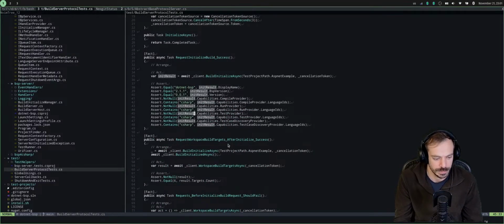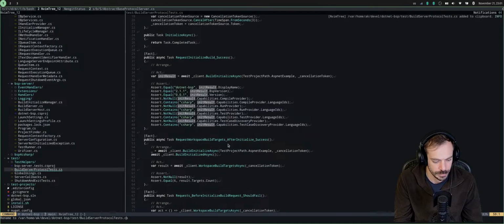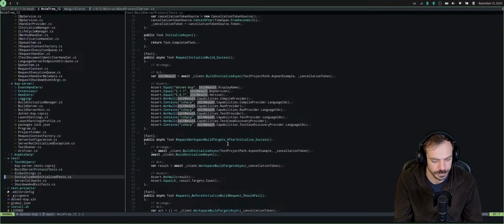So basically this part, maybe copy it there and call it initialized tests.